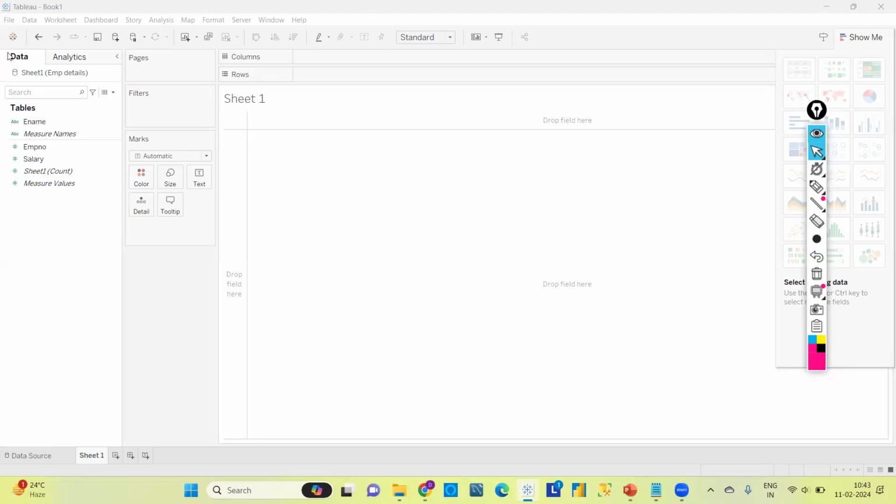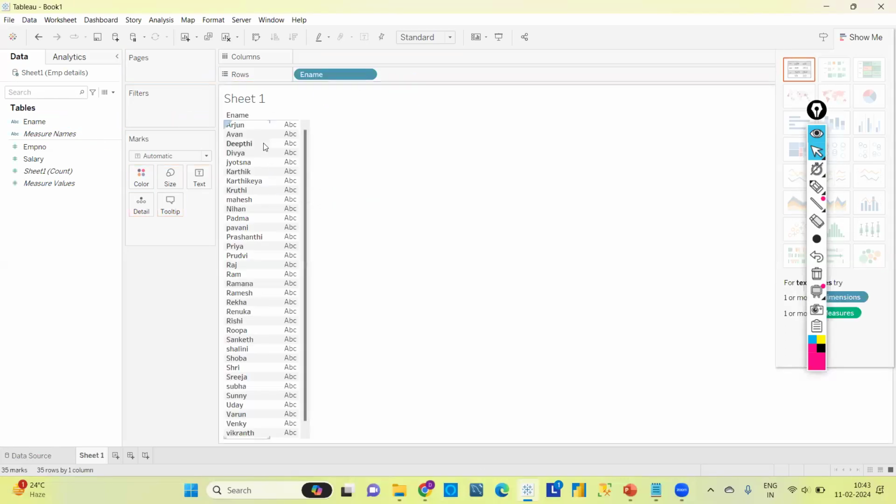So as I said, these are column names and we can create graphs by just dragging and dropping, right? So let me drag and drop ename to the rows. Okay, I'm dragging ename to the rows. You can see ename is displayed here, and you can see one chart. Previously, all the charts were disabled, and now only the first chart is enabled for us. That means by using only one column, for this kind of data, this chart is applicable.